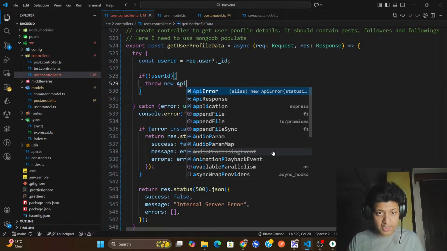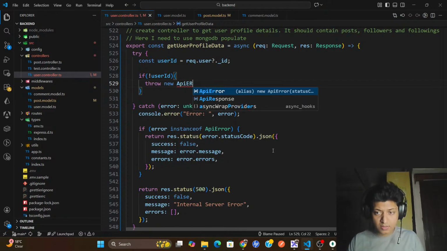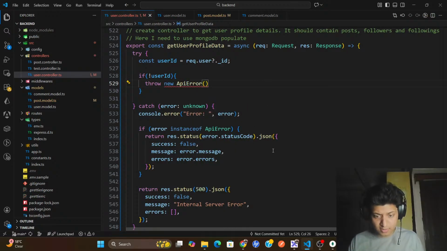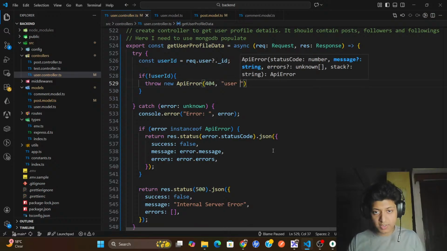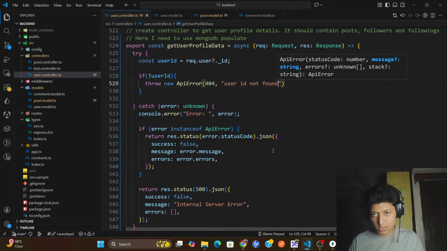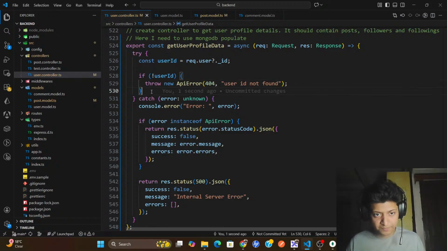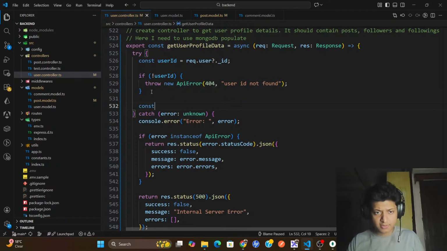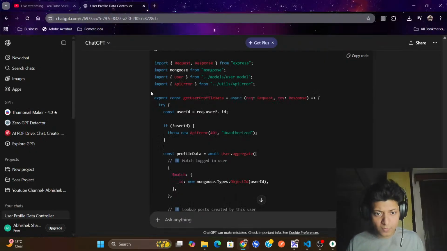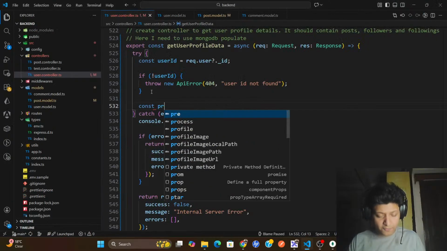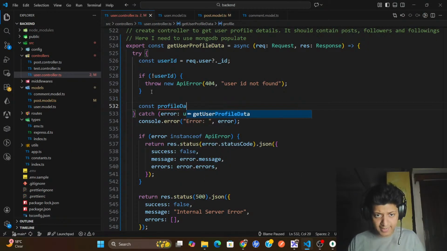Throw new API error 404 user ID not found. Fine, user ID not found. If there is a user ID, then const profile data equals await